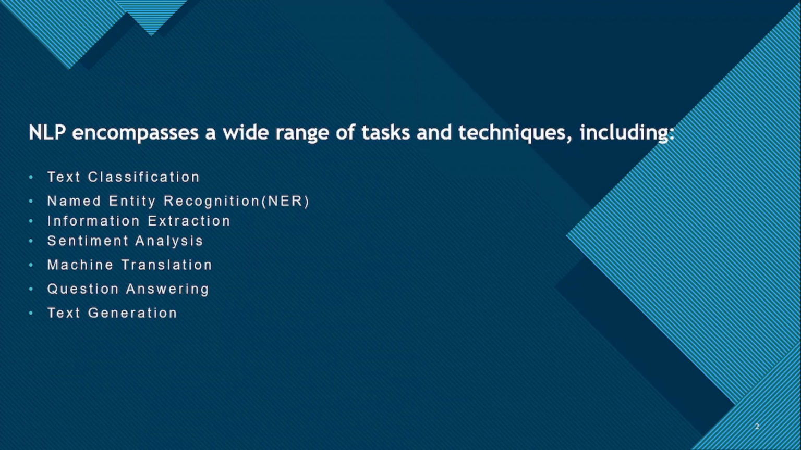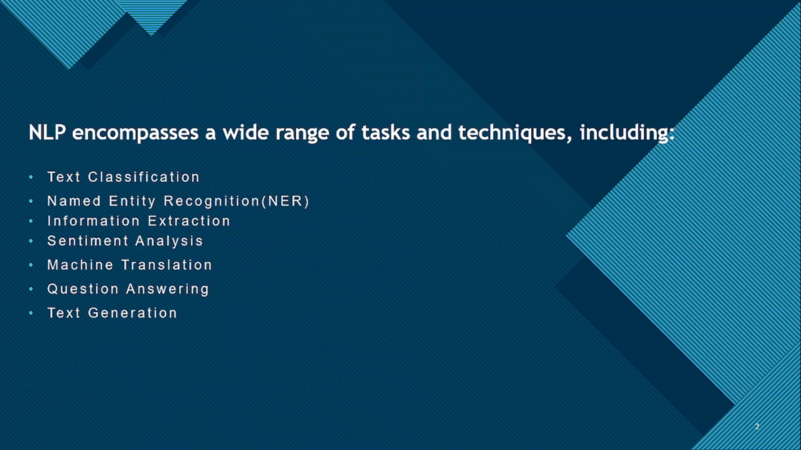Now, what is text generation? Text generation involves a process of creating human-like text or speech, such as generating product descriptions, news articles, or even creative writing. To accomplish these tasks, natural language processing relies on various techniques and algorithms, including statistical models, machine learning,